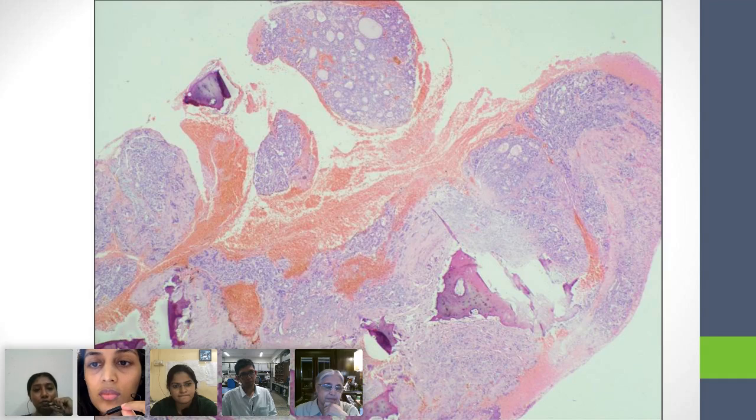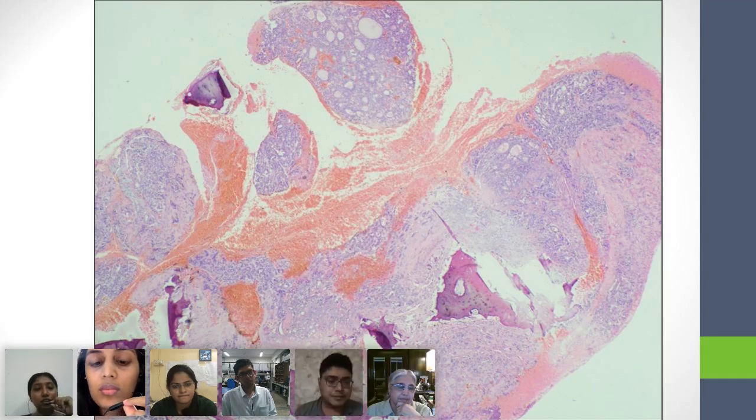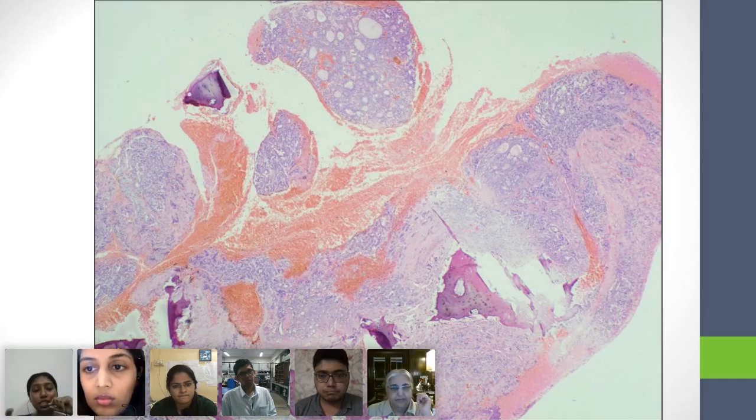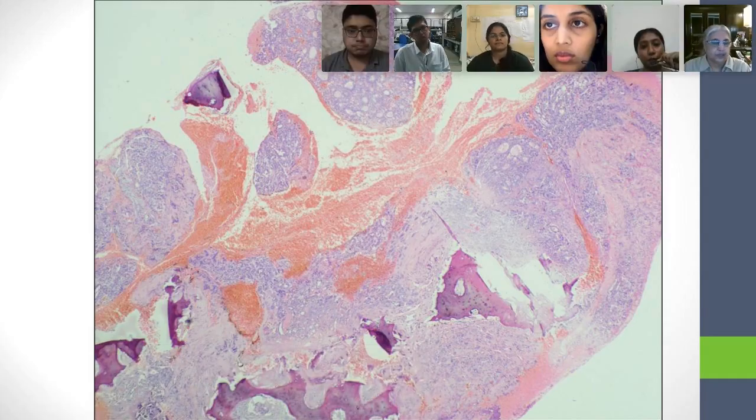So we have a tumor arranged in diffuse sheets with multiple cystic spaces, which is seen invading into the bone. Okay. So you see normal tissue, that's the bone, right? Yes, and you see a tumor that is in sheets. And now it looks like sheets with some spaces filled with some secretions.